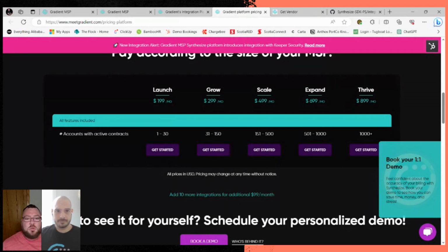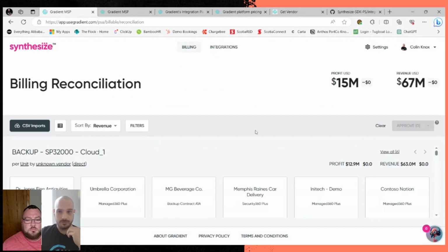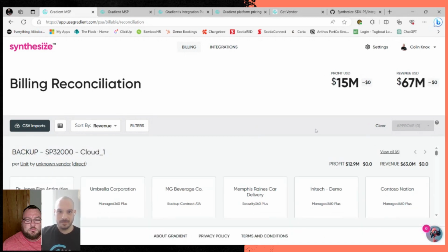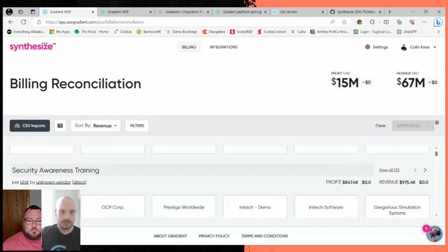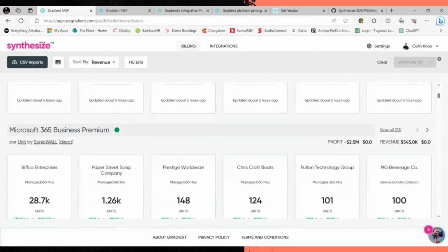Can you walk us through what a reconciliation looks like these days? Yeah, for sure. So like you said, it takes hours and turns it into minutes, really, with the system, depending on all the integrations you're using and whatnot. But bang on. So if we come in here, when you first come into the billing module, this is kind of what you see. Now I'm on a smaller screen right now, but if I come down, you kind of see all of these things broken by product that you're going through. So your device support, your security awareness training, your M365.